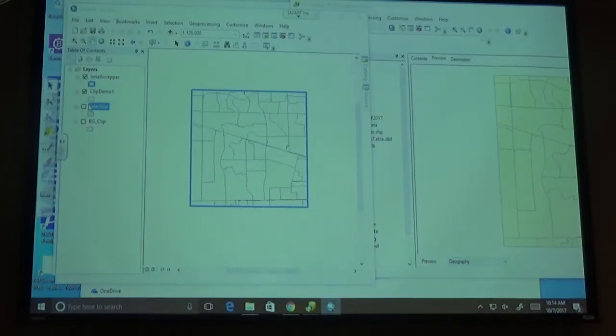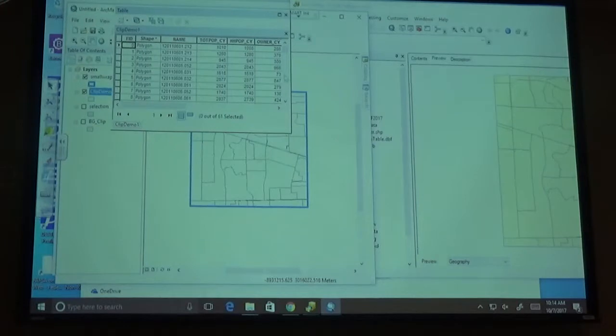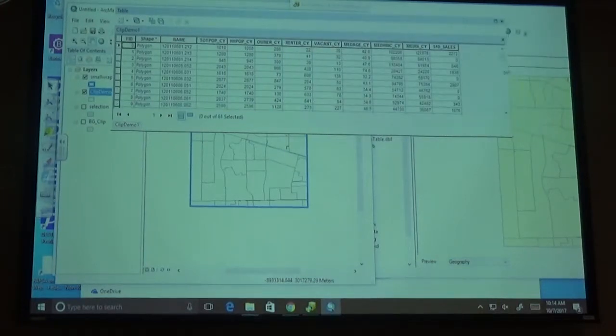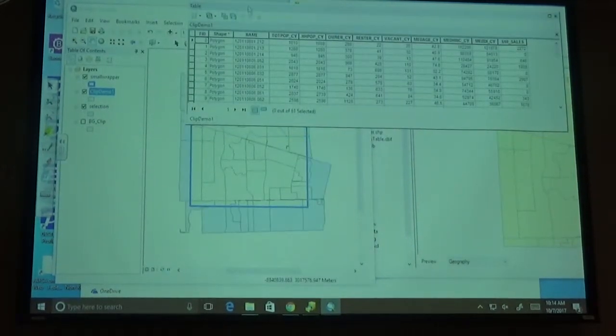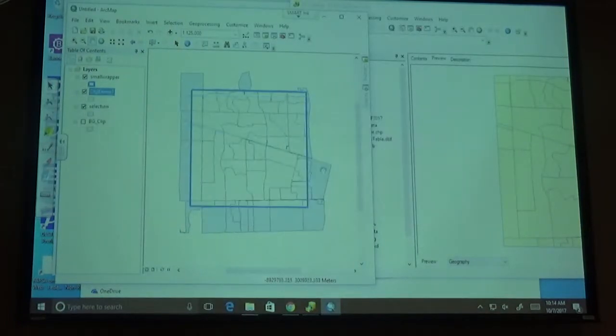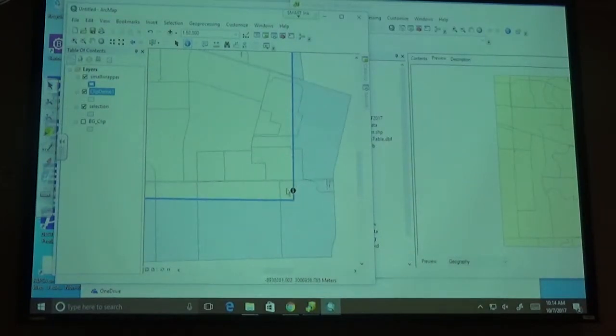What about the data? Alright, what about the data? That's the problem. Good. What about the data? In clip demo, if I look here, I have a little bit information. Yeah? Population, etc. Let's do population example. We can actually do this without a table. Remember the identifier tool? Yeah. Alright? When I click on the identifier tool and go down here to the little extreme corner and click on identify,